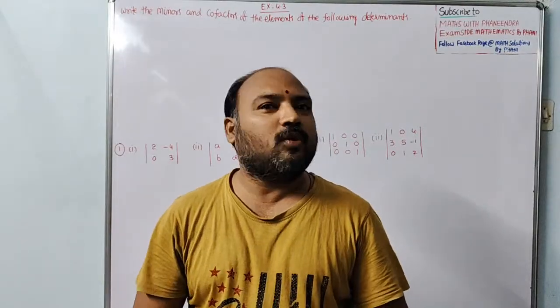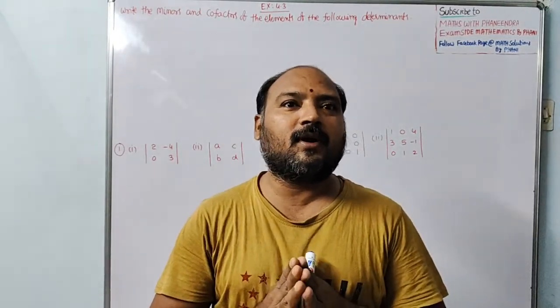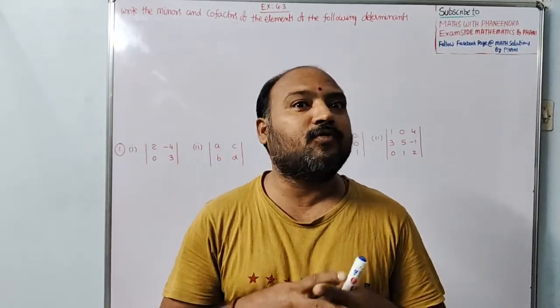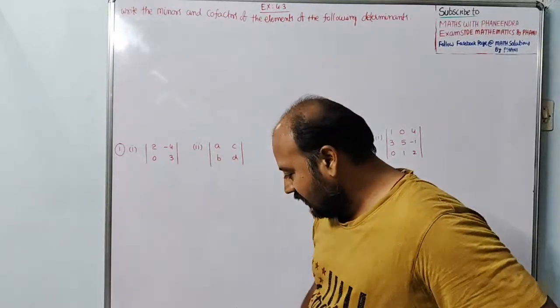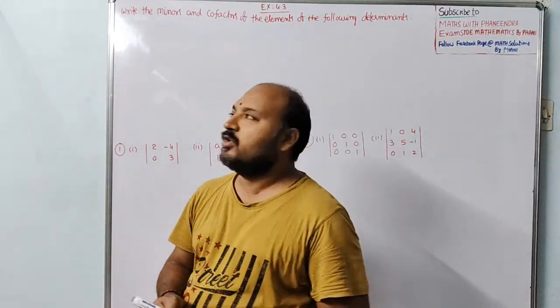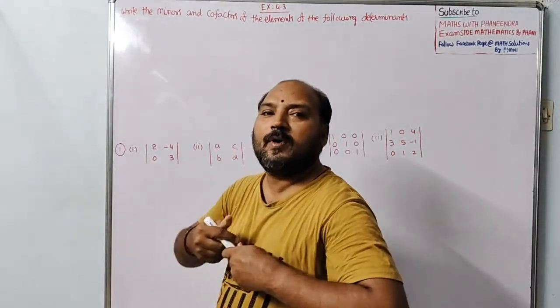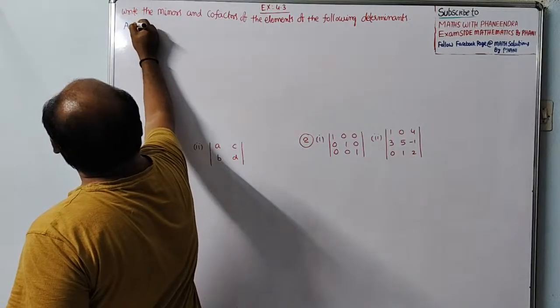In this video, we are going to learn the minor of an element and the cofactor of an element of 2 by 2 as well as 3 by 3 matrices. Let us consider a 2 by 2 matrix. What is the general form of a 2 by 2 matrix? So, A equal to